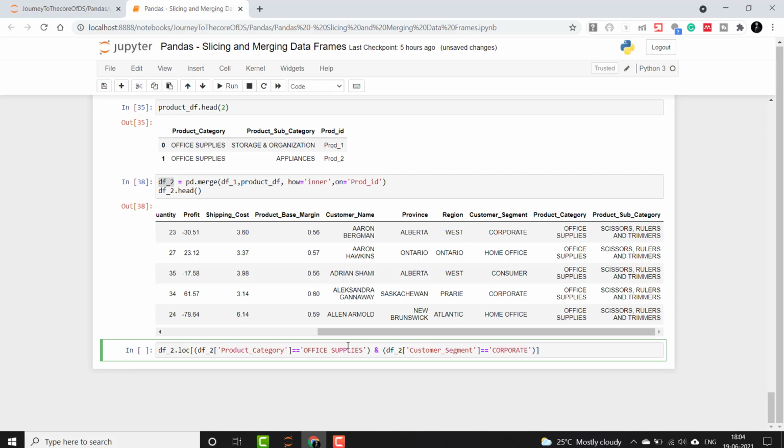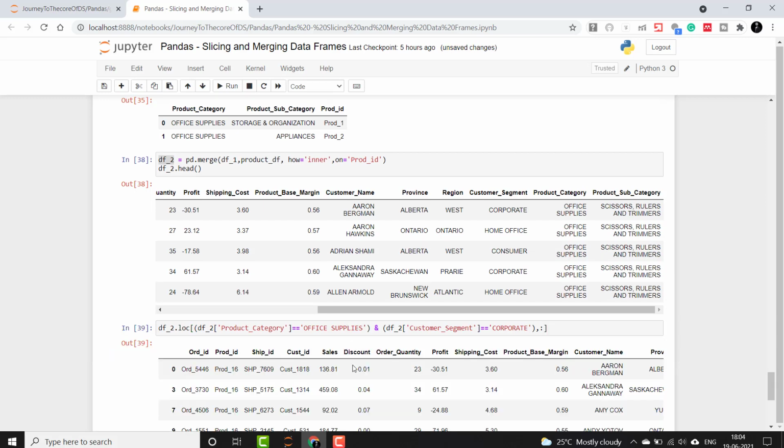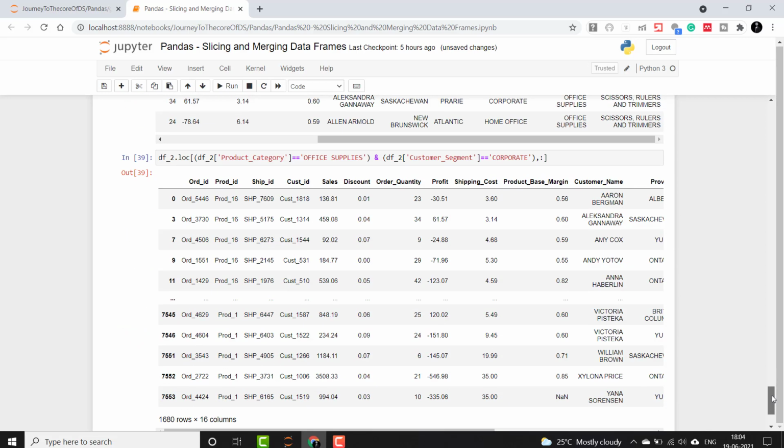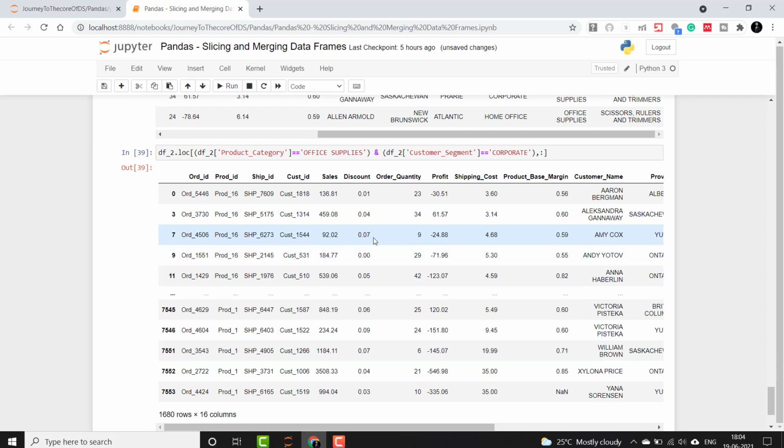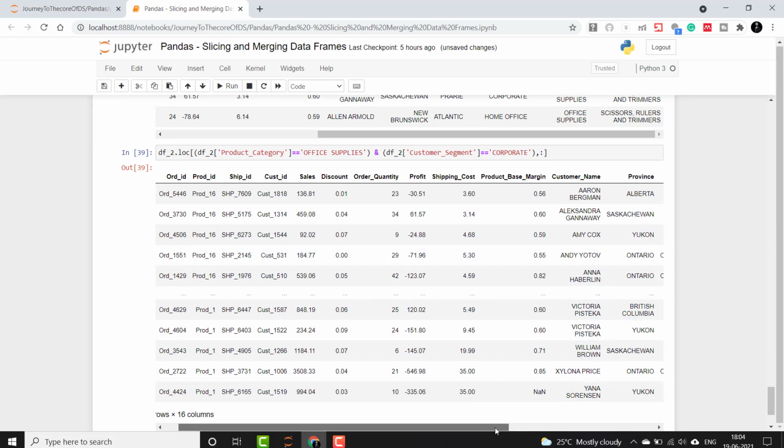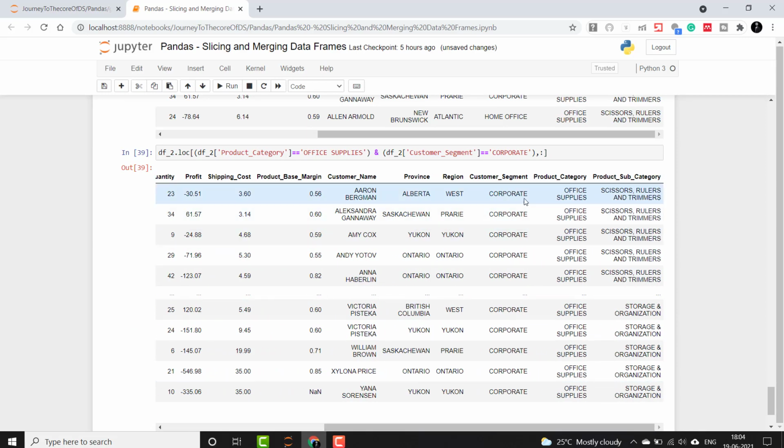Okay, and then I will give all the columns of it. Now you will find here that it has fetched the corporate details from the customer segment, and from the product category it has chosen the office supplies only.